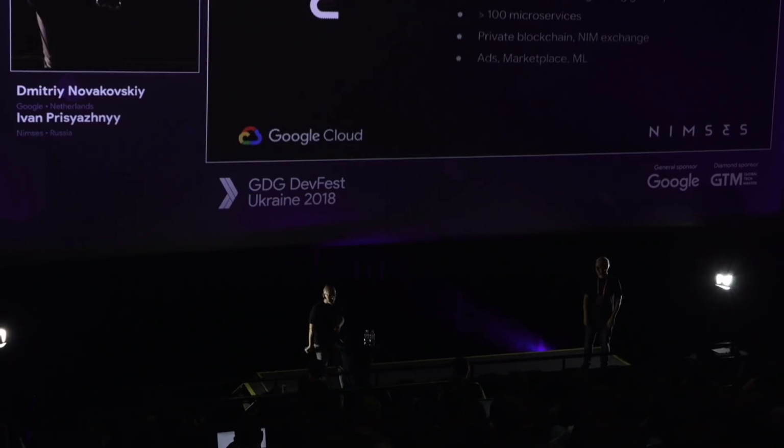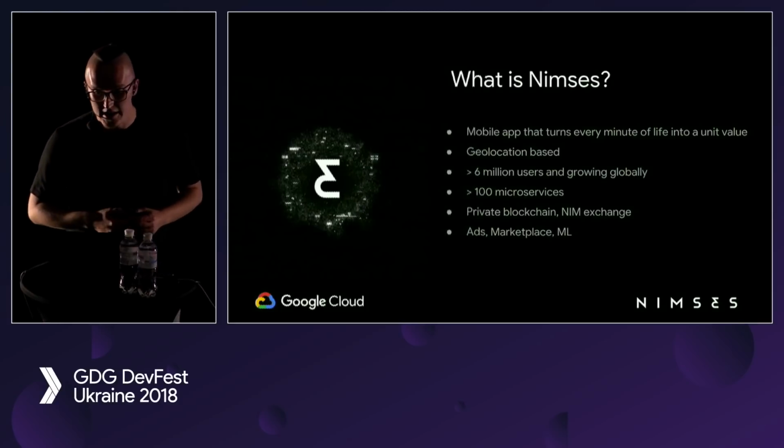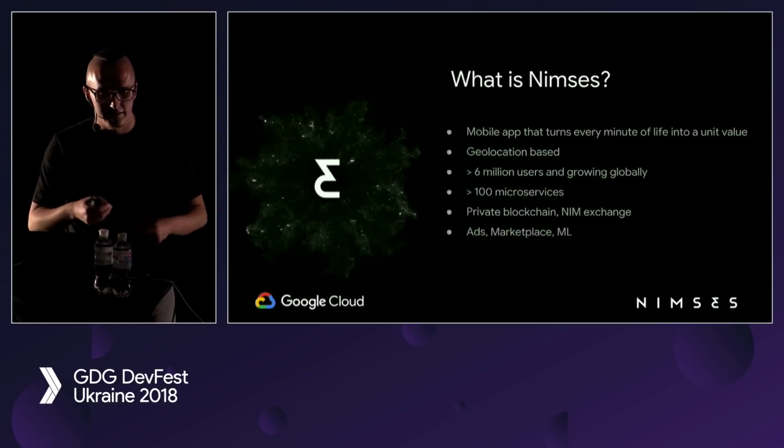So, one more time, what is Nimses? From technical perspective, it's a mobile social platform in which people interact with each other using the mobile app on Android, on iPhone, obviously. It's geolocation based, and it's also based around the notion that every user of the platform is getting